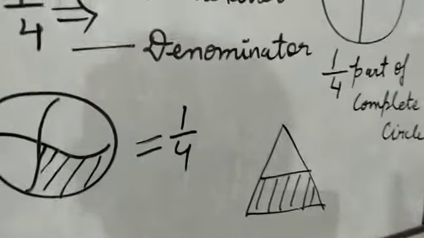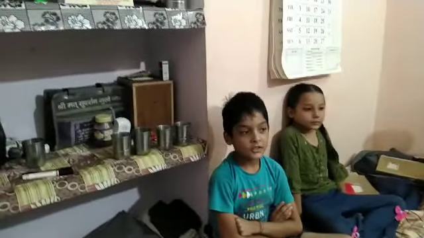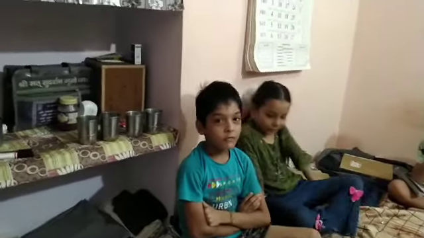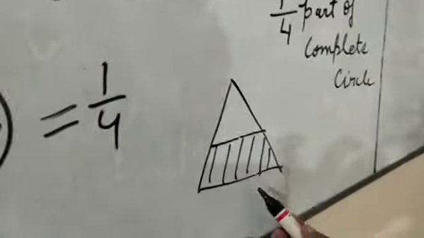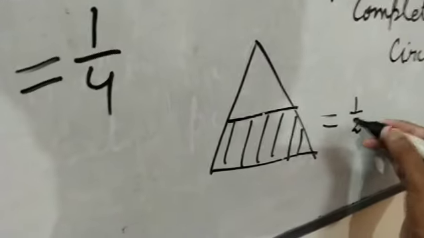Again there is one shape. What is the name of this shape, Devinder? You don't know, you have read it before. It is a triangle. Now, how many fractions are there in this triangle? 1/2. You can see that there are two parts. One is shaded, one is unshaded. So the fraction will become 1/2. So, have you all understood what is fraction? Yes, sir.